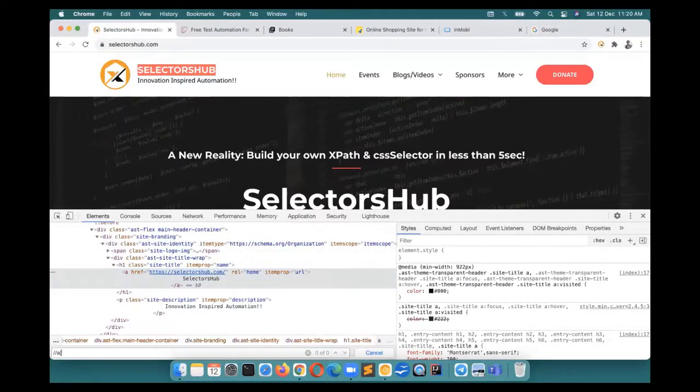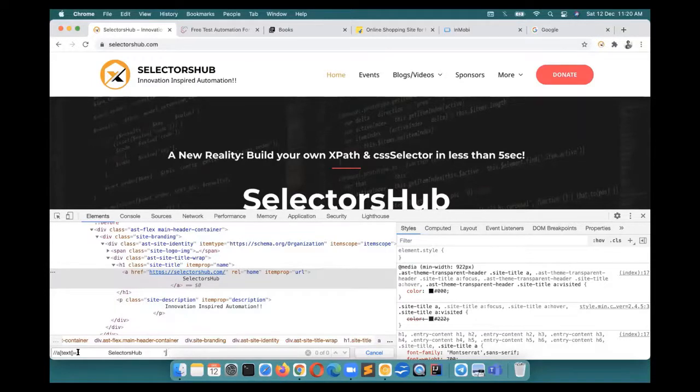So here we will type an open square bracket, and here you can see we can use some attribute, or we take the text value. Here we will have to use our presence of mind and intelligence to decide which value could be static, to write a stable XPath or CSS selector. These attributes do not look that unique, but the text looks very unique. So what we used to do is copy this value. We can try with other attribute values as well, not a problem. There could be multiple ways to write one XPath for any element.